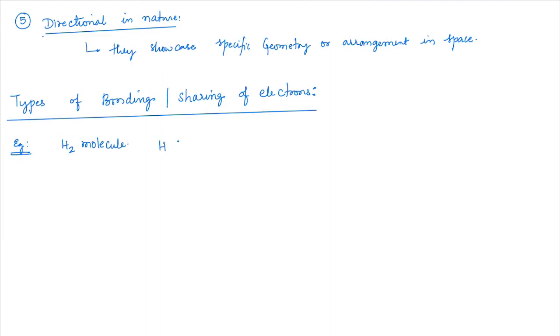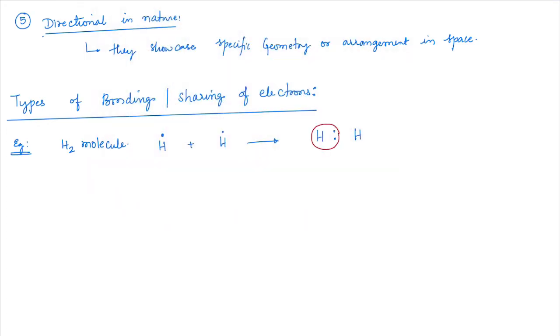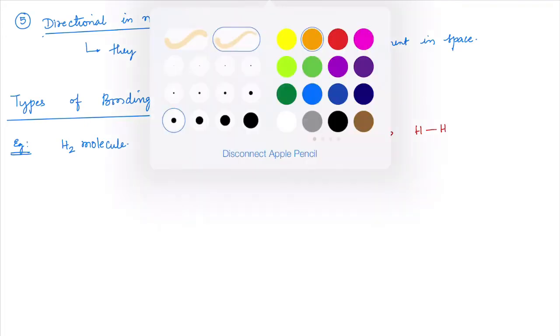H, if one H has one valence electron here, the other H has one more valence electron. If both of them share electrons this way, and if you see their vicinity, like this is the vicinity of hydrogen now, and this is the vicinity of the other hydrogen, right? Now this can be represented as H single bond H. You can see that there are two electrons being shared. Two electron sharing is one single bond, and this pair of electrons which has been shared.